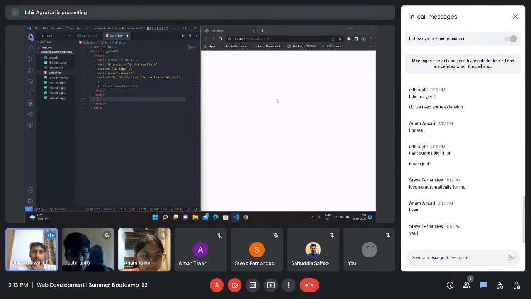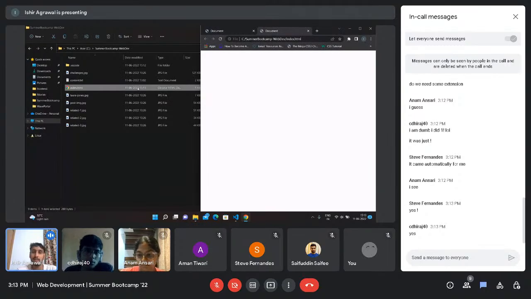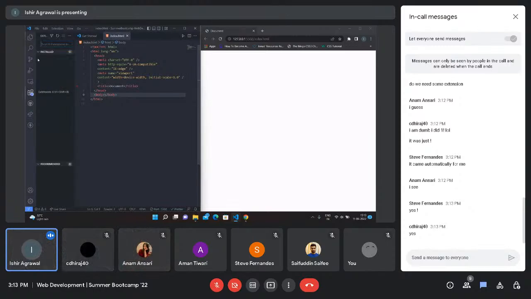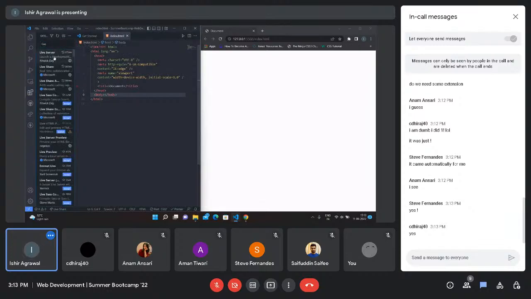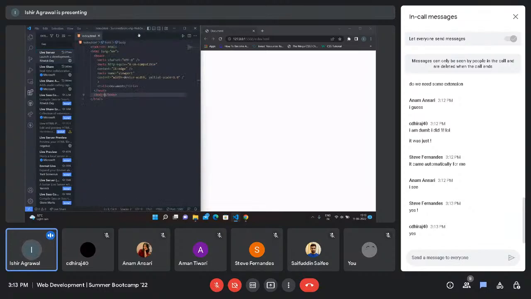And if you guys don't know how to open this in your Chrome browser, there are two ways. One way is you can directly go in your folder where you have created the file index.html, and double click it. It will directly open in Google Chrome. Another way is that you can use a VS Code extension called Live Server. If you go on the extension tab and search for Live Server, yeah, this one, you can install this extension, and once you install it, you will get a